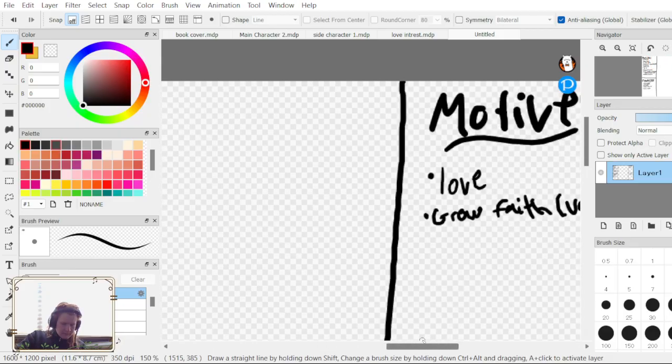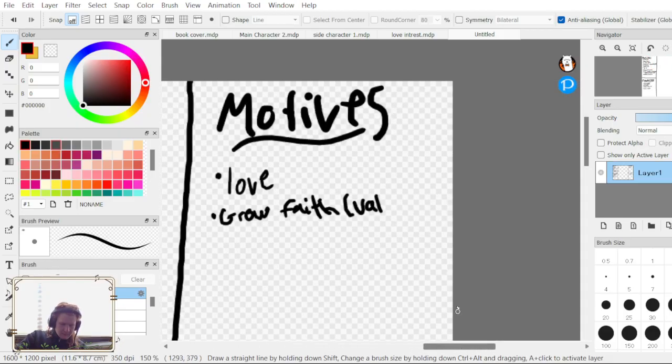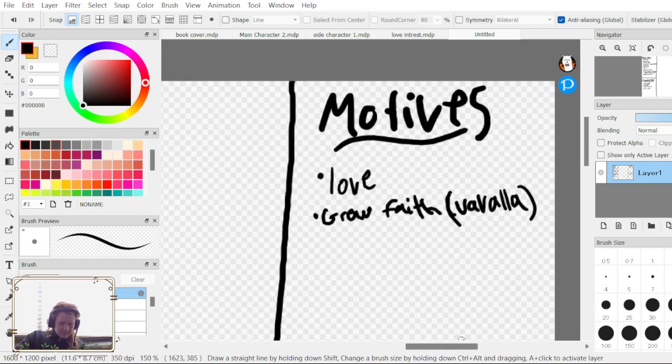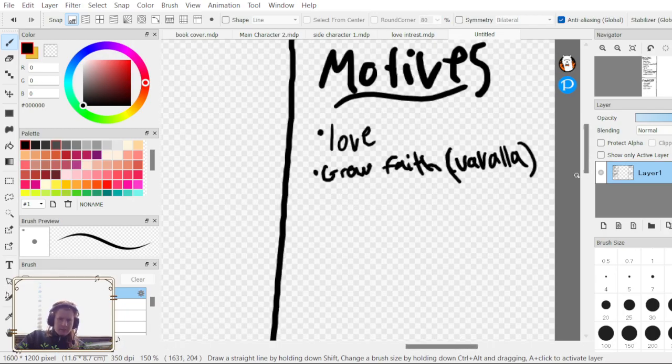E-A-V-A-V-A-L-L. She wants to grow her faith. Maybe she's on a pilgrimage from the book, so she wants to continue on her pilgrimage.